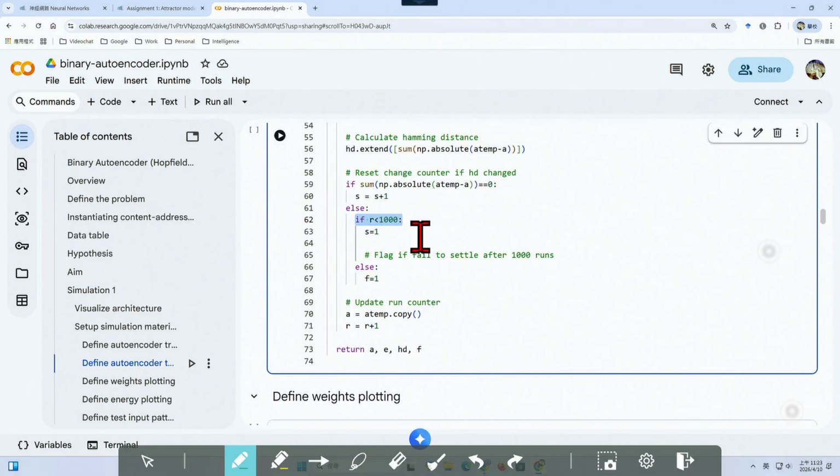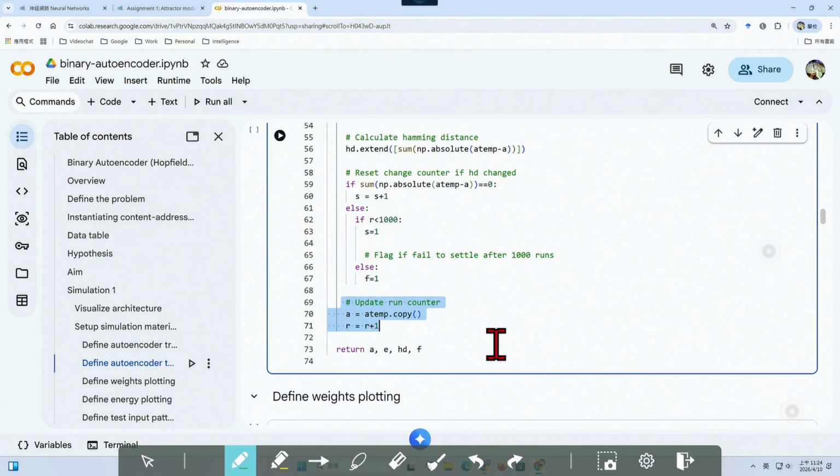So that's what I mean here. You have to put a fail-safe here. And so then else flag to fail settle after 1,000 runs, then just quit and say fail. Something happened, so I have to do troubleshooting again. So that's why I have the additional parameters. Okay, this is just some coding tricks. So just so you know. But otherwise, if it is running healthily, then this S will be updated incrementally, and then update the run counter accordingly,